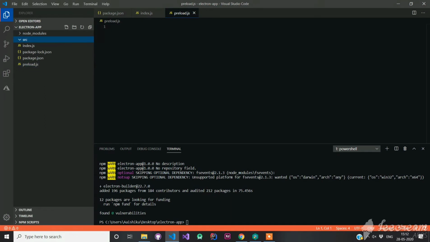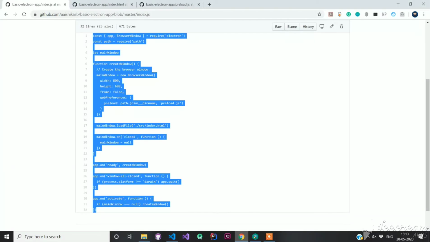Now inside src, make a new file and name it index.html. After doing so, click on the GitHub link in the description to copy the code for index.js and preload.js.